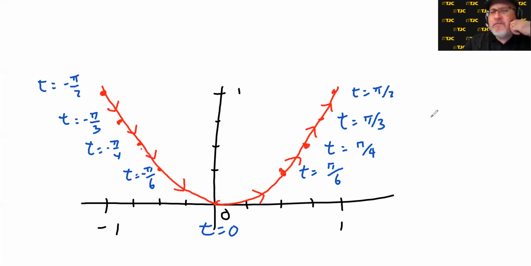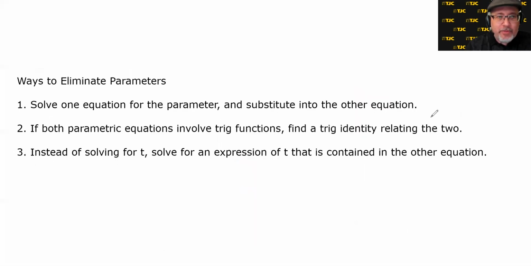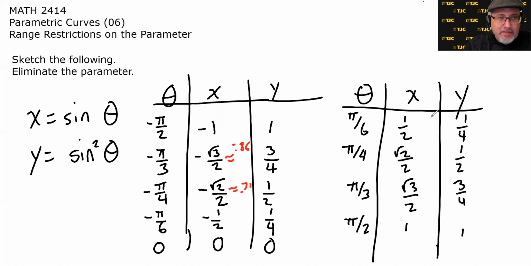So it looks like part of a parabola, but to confirm that, we should probably eliminate the parameter. As we mentioned, these have trig functions, but we don't need a trig identity because we can use the third technique for eliminating the parameter that we came up with. Instead of solving for t, solve for an expression of t that is contained in the other equation. So what does that mean here? That means